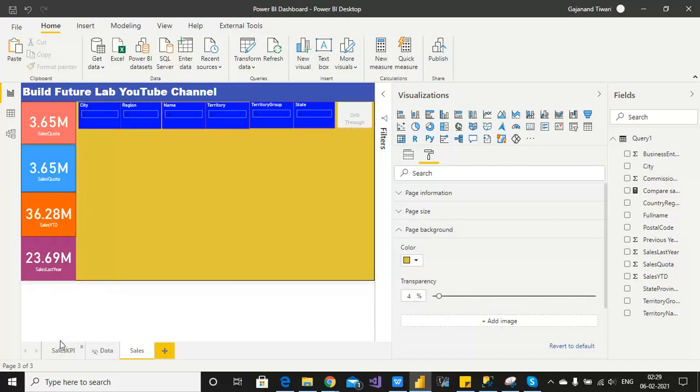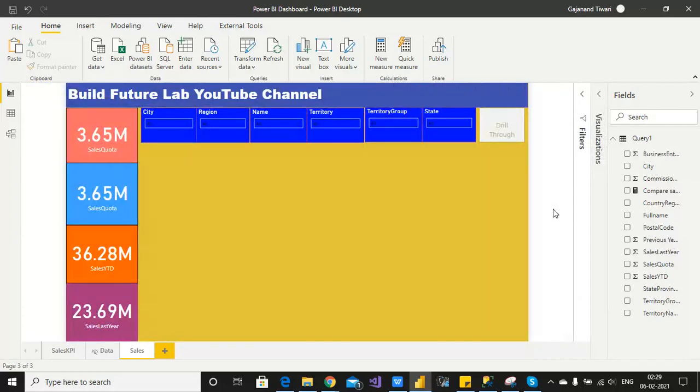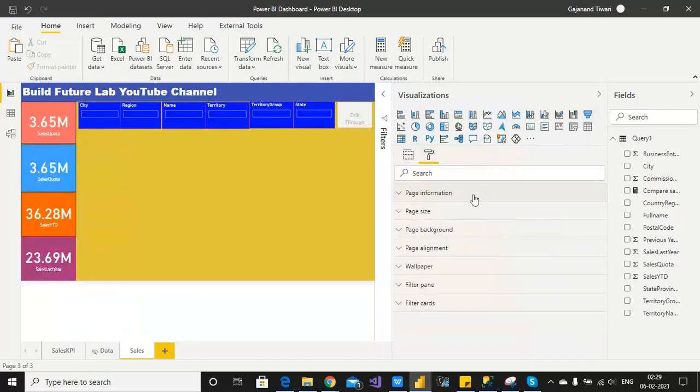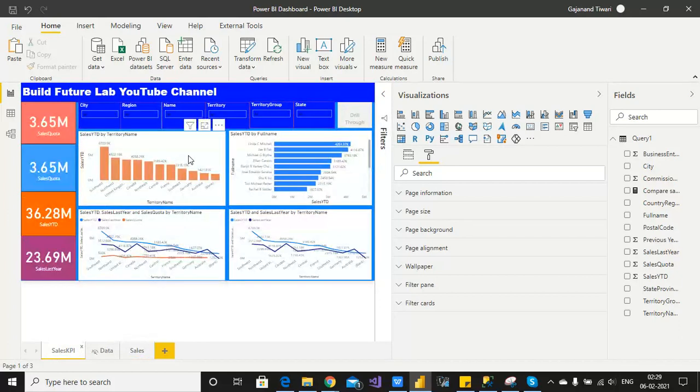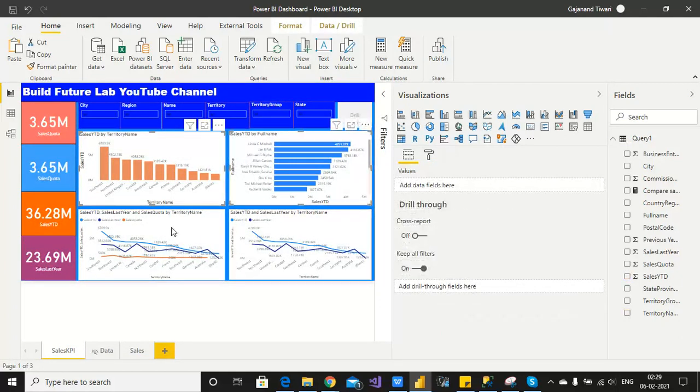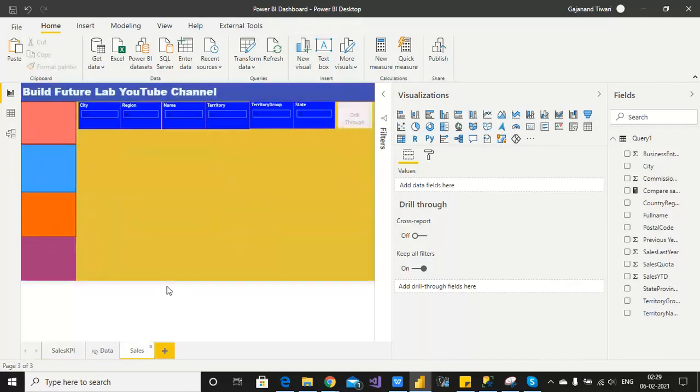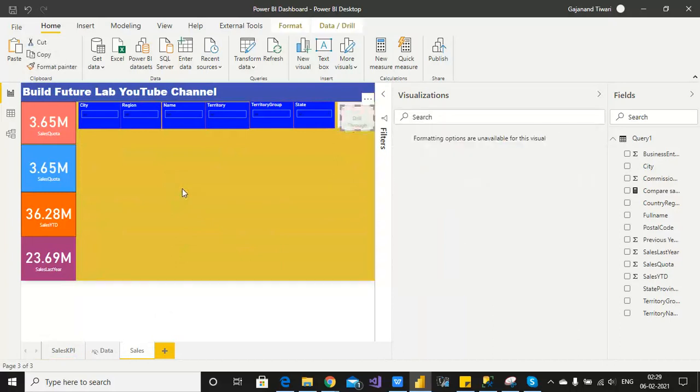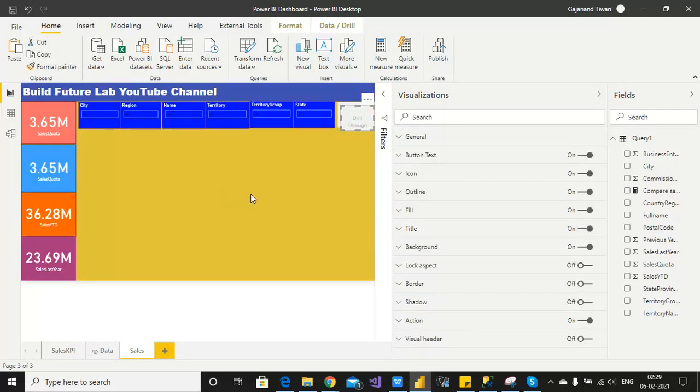And next, add the visuals one by one, whatever visual you want. So I wanted to add the visual here, donut chart, whatever you want, you can add that. So I wanted to just copy and paste this visual instead of wasting the time. Just use that, paste here. My KPI is almost done.